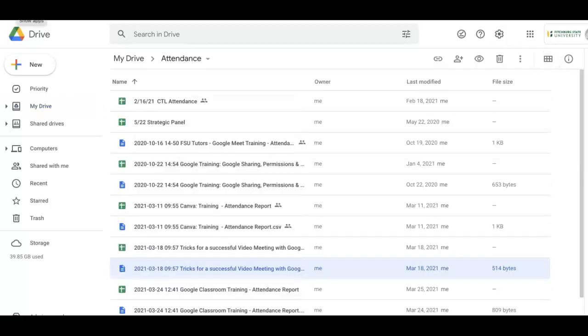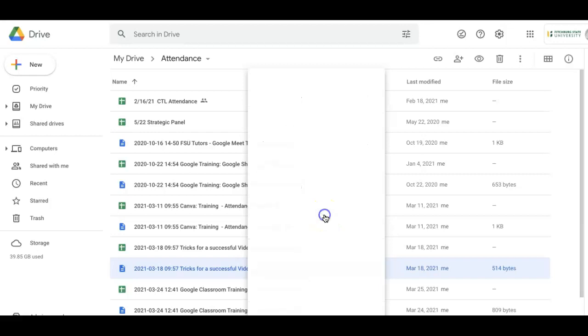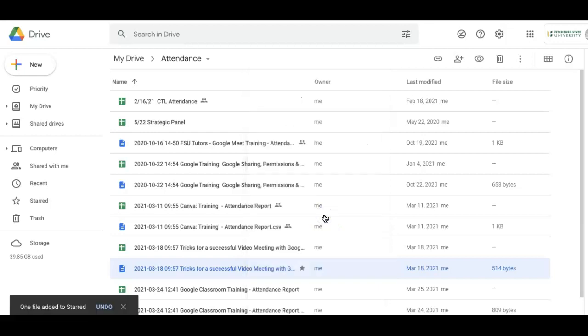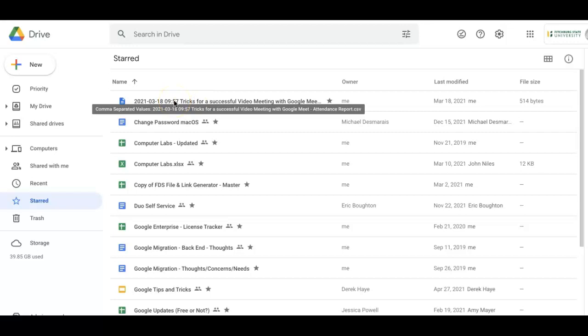Starring a file is very simple to do. If you know which file you want to star, you can highlight it. So I'm in my attendance folder by chance, and I'm highlighting this particular file. I right-click to get that menu you saw earlier, and under Move To, so I can move it to a certain folder right from here instead of dragging and dropping, I can add to starred. So if I press that, I've now also labeled it in my starred so that instead of coming back into this folder and having to search for it, I can go right here into starred and I'll be able to find it right here at the top. So you can do it from there.